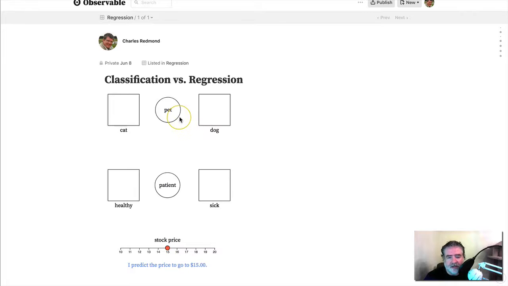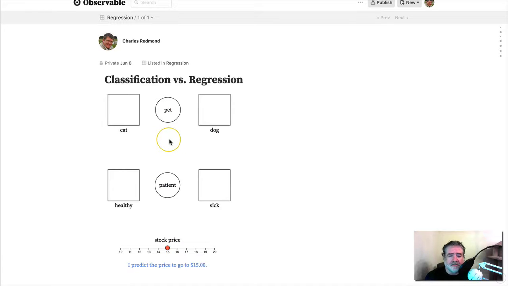So with classification, you have an individual, and the individual belongs to a category, right? You might have 2 or 3 or 4 or more categories. The individual belongs to one of them, but you don't know which one it is. But you have some data, and that data might help you make a good guess. So in this particular case, we have a pet. We don't know whether it's a cat or a dog, but we have some data that will help us make